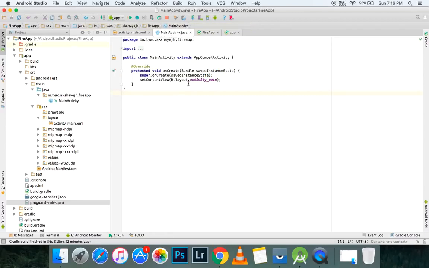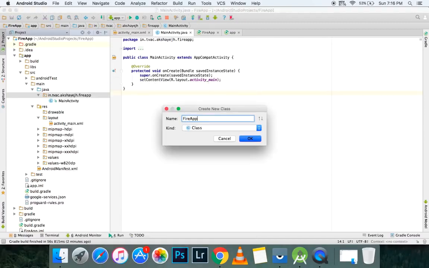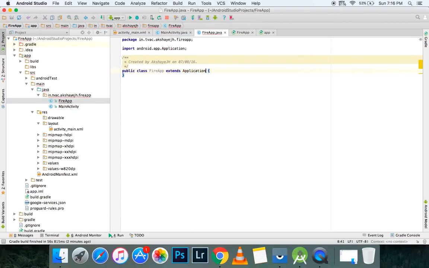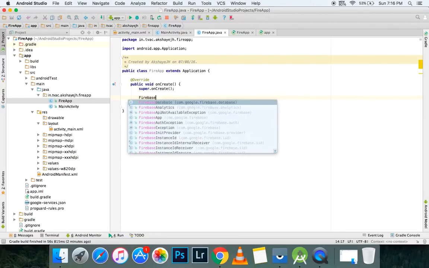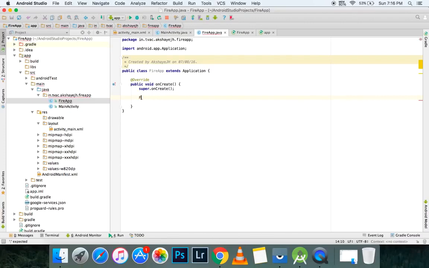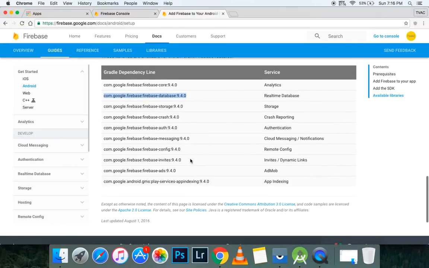So next thing that I want to do, I want to create an application file, and I'm going to call it Fire App, and let's say extends application. All right, then on create method, let's add Firebase dot set Android context. So right now we can't do that because we haven't added, what do we call,